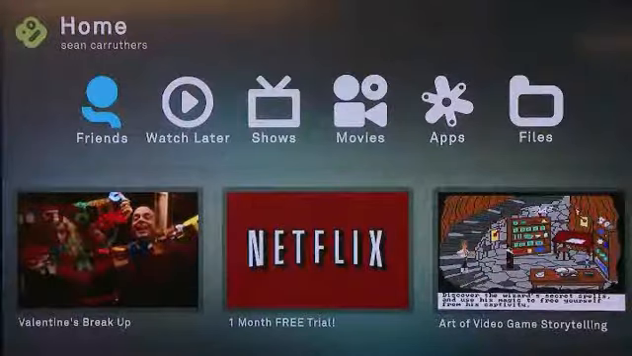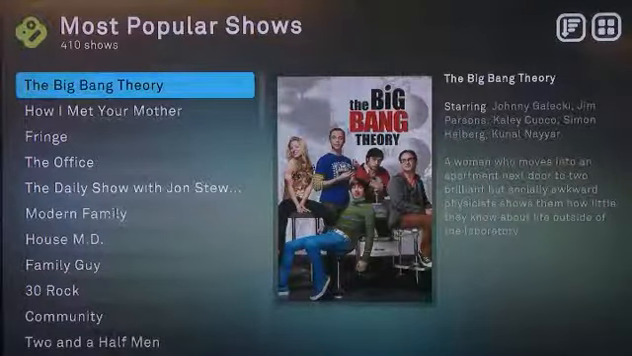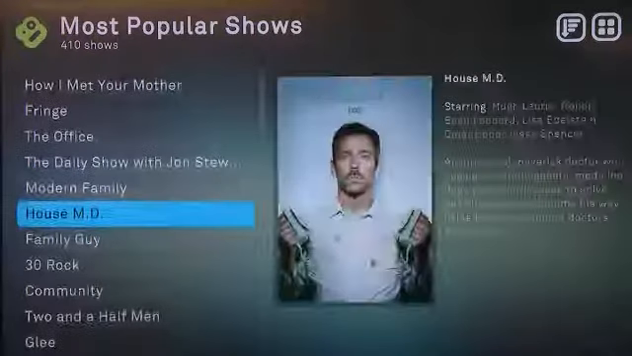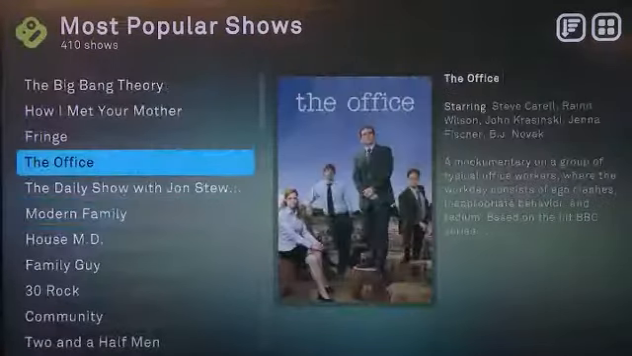Now, to get access to shows or movies, you head over to the Shows or Movies icon. In this case, we're going to go to Shows. Click through and you'll see a list of shows available to Boxee via Boxee's partners. And we can scroll down through the list to see the various shows that are available. Or if we want, we can go straight up to the top